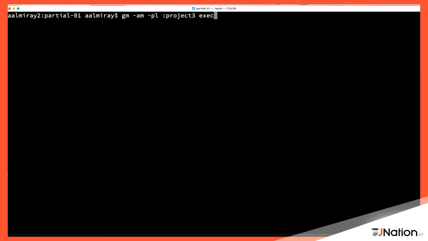Now I'm going to execute the exec Java plugin. For the exec plugin, I would have to pass in the Maven coordinates for the plugin, right? But exec happens to be one of those well-known plugins that live under a specific group ID, which is the org.codehaus.mojo group ID.